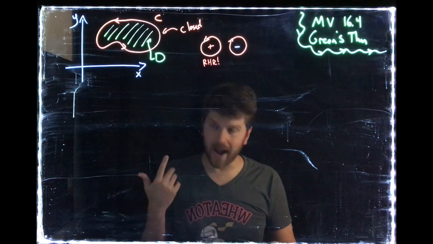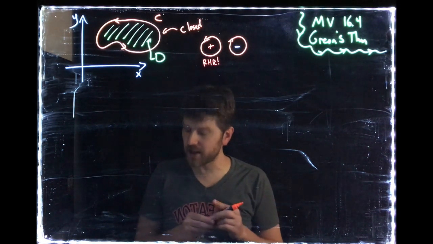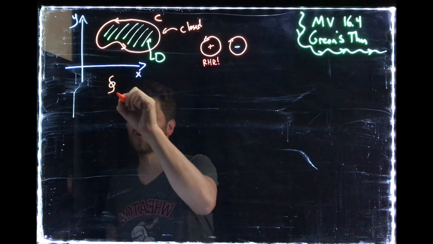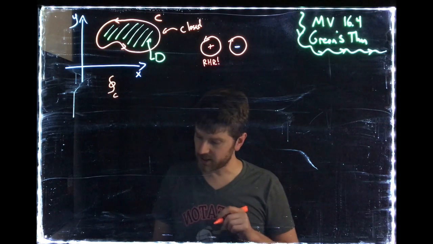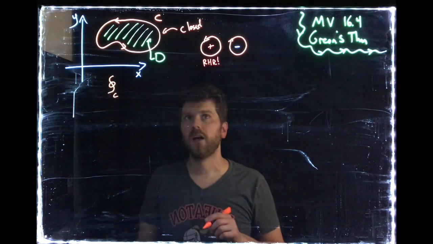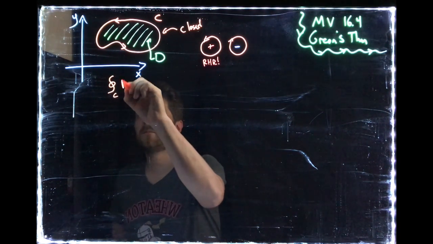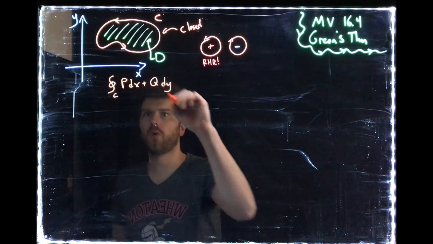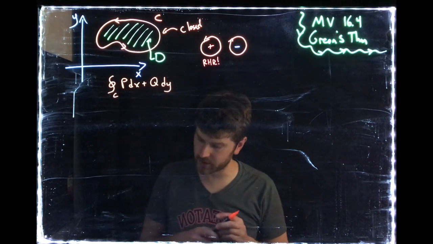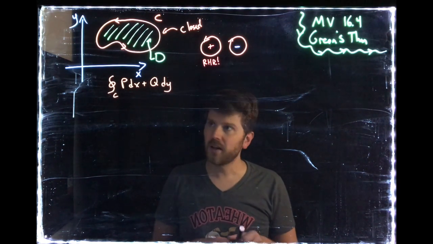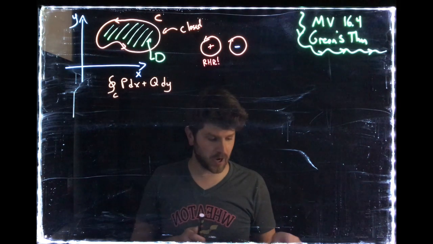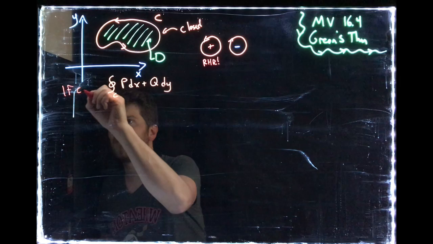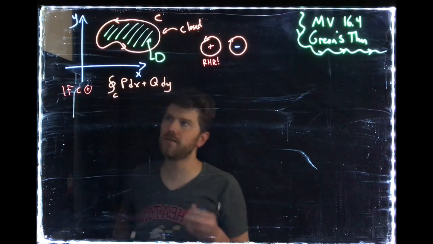So what Green's theorem actually says is, let's say you want to do a line integral around some closed curve C, and we're going to use that little circle to indicate that it's a closed line integral, of P dx plus Q dy. You want to do some line integral of this form, assuming that C is positively oriented,